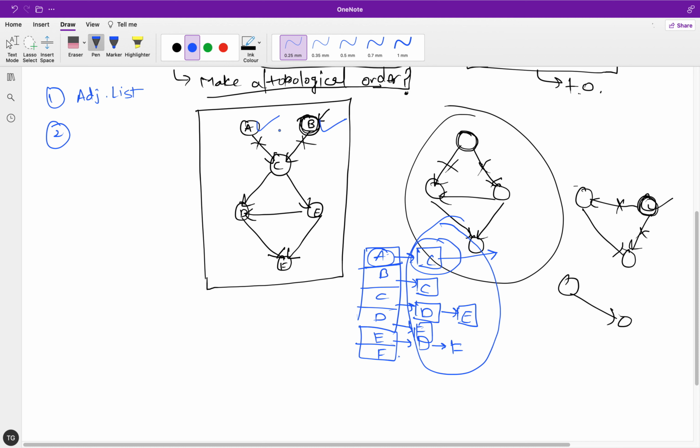To get this information, you will simply create an auxiliary array, where each index represents the vertex name. So suppose 0, 1, 2, 3, 4 and 5, and you will represent the in degree.